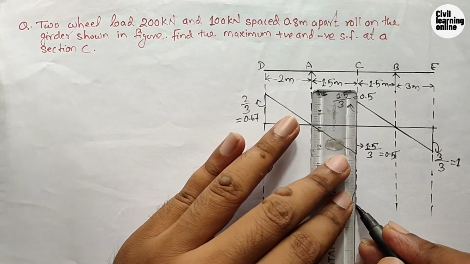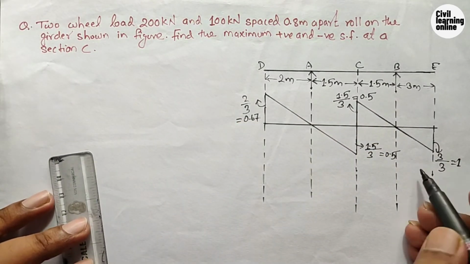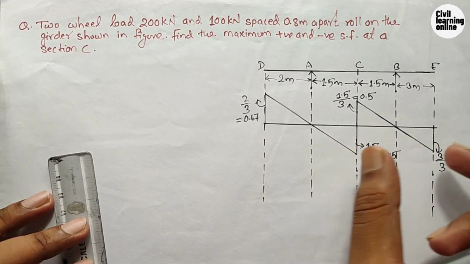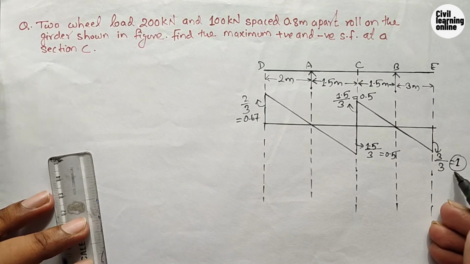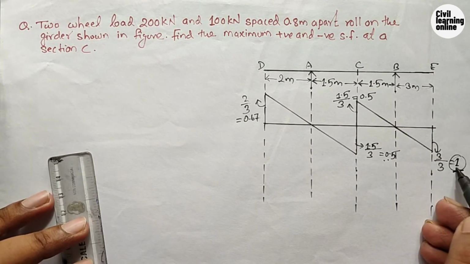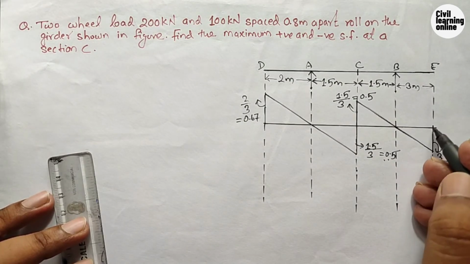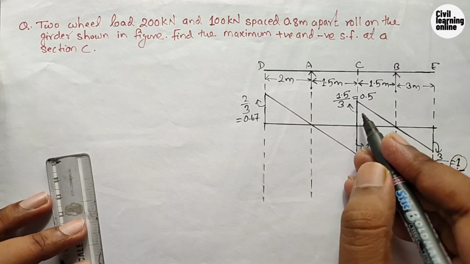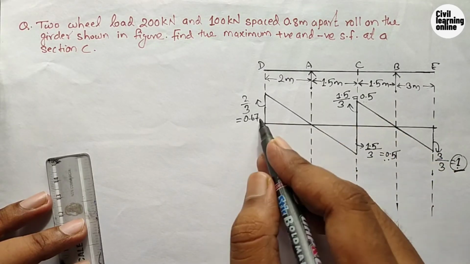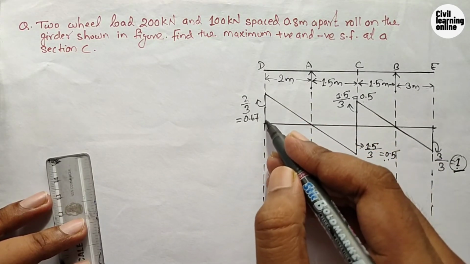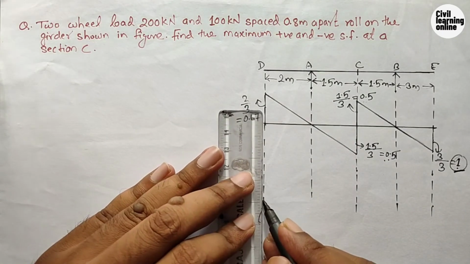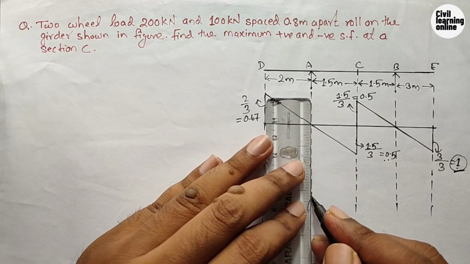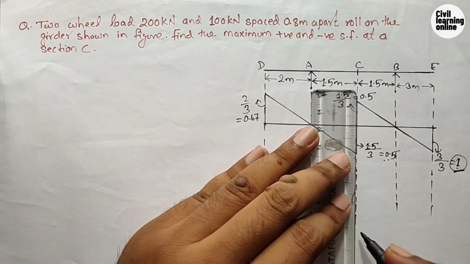We are asked to calculate the maximum values, and the maximum ordinate in the negative portion of this influence line diagram is here. This is the maximum value among 0.5 and 1, so we need to place the unit load here. And similarly, to calculate the maximum positive value, the maximum value of the ordinate is here, so our point load will occupy this position. It means the position of the load, if we draw for the maximum positive and maximum negative shear force, will be of this manner. See here.